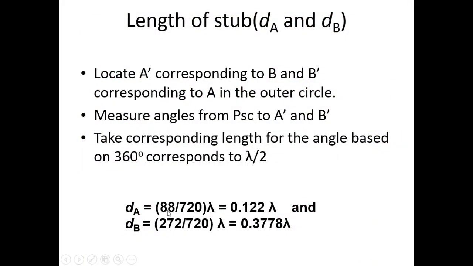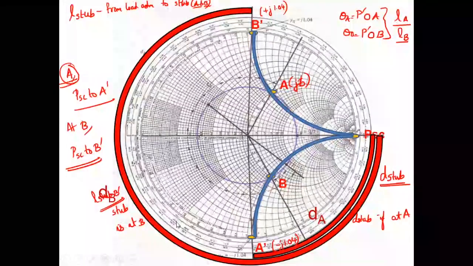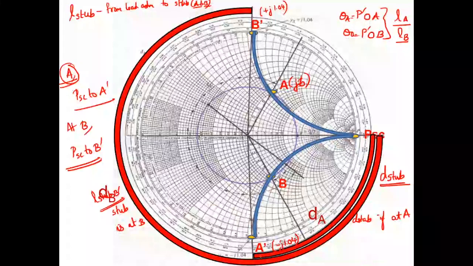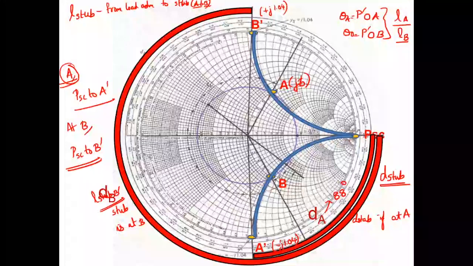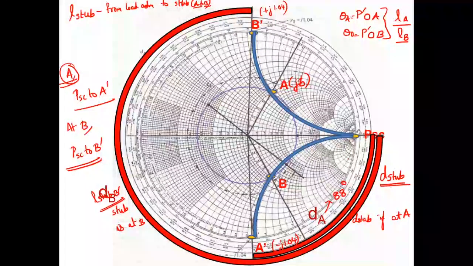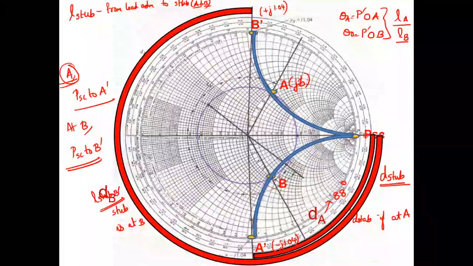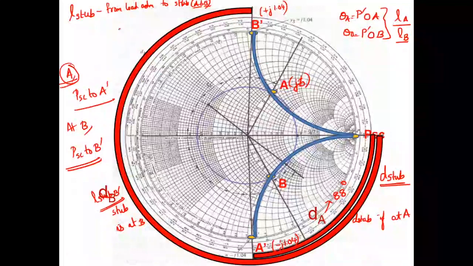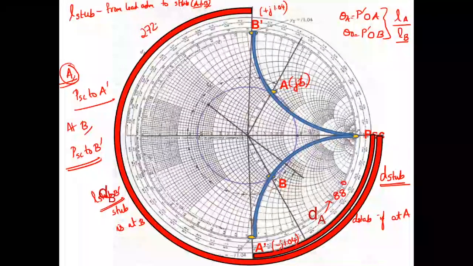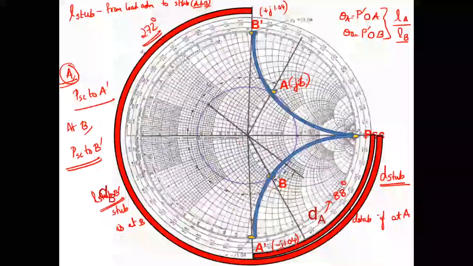One is 88 degree and the other is 272 degree. You can see that this part is almost 90 degrees. So the exact value will be 88 degrees. So DA corresponds to 88 degree, almost 90. Hope you understood this DA. And what about DB? It is like 180 plus 90, 270 something. So the exact value will be 272. Here it will be 272 degree. So this is how you calculate the angles corresponding to DA and DB.